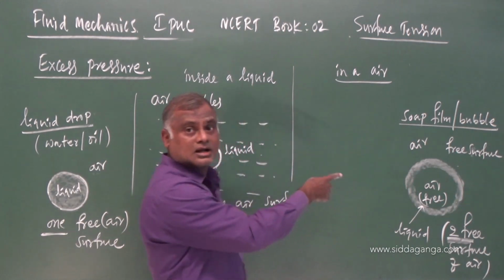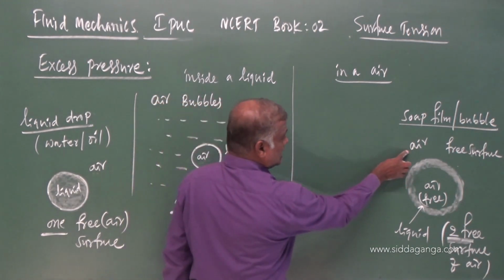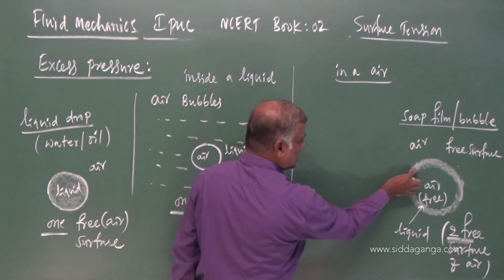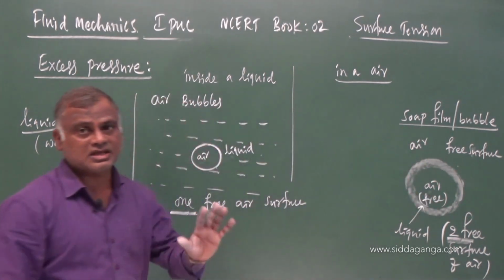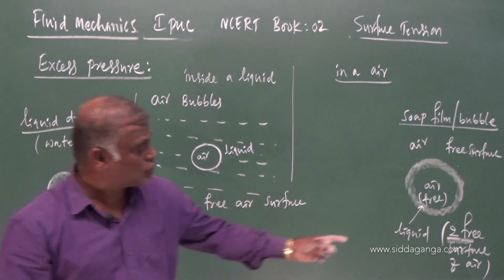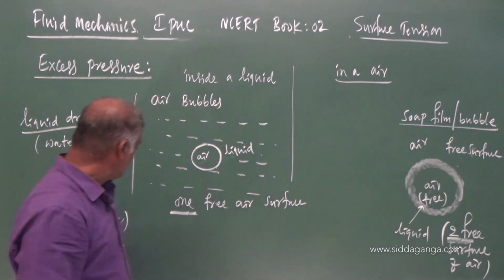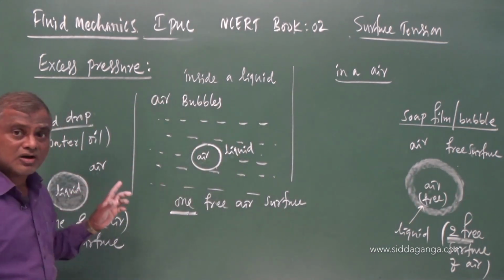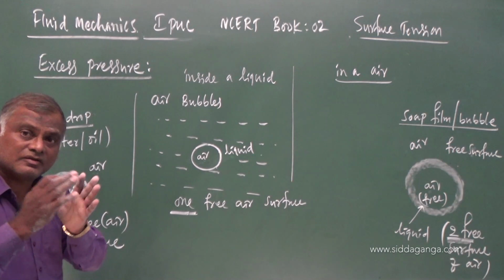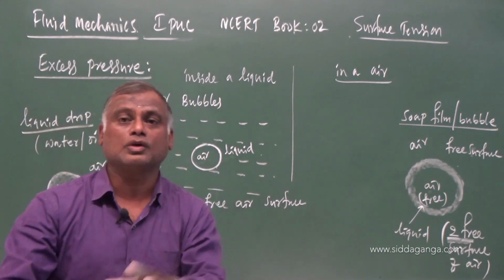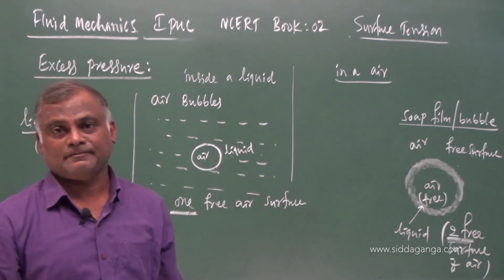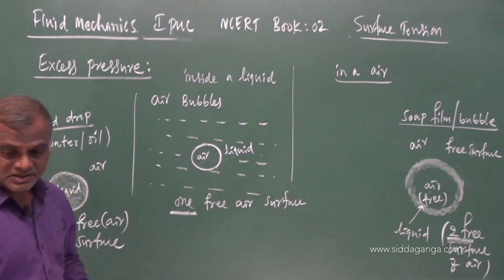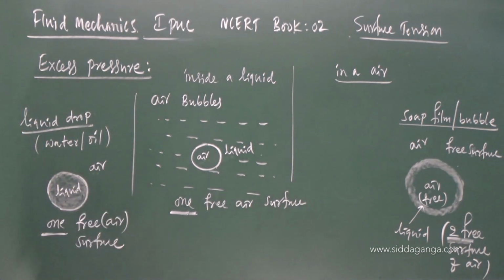Is it understood? It is visible there: air to liquid, liquid to air. So in this case there are two free surfaces in contact, and here one free surface in contact. That should be first known for a student. Now what happens here is, after learning this,